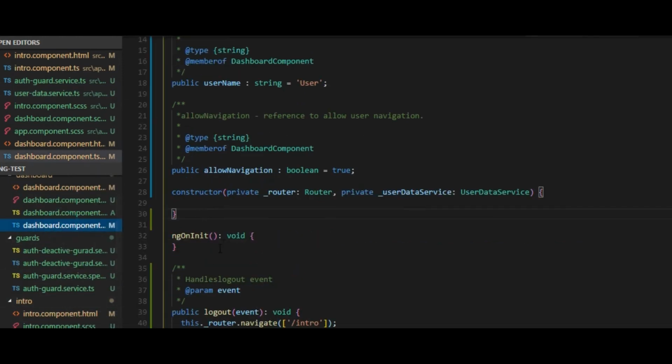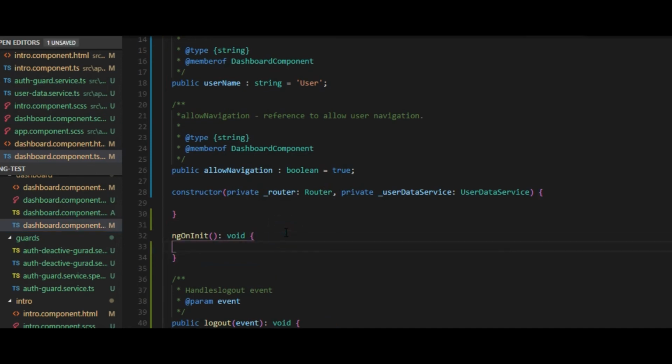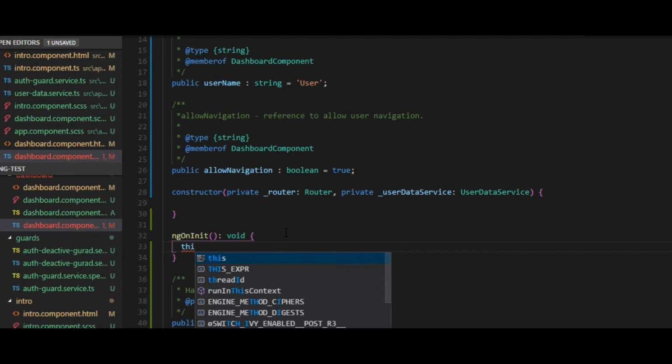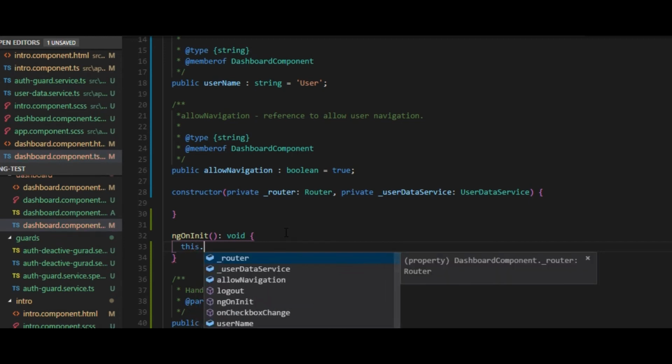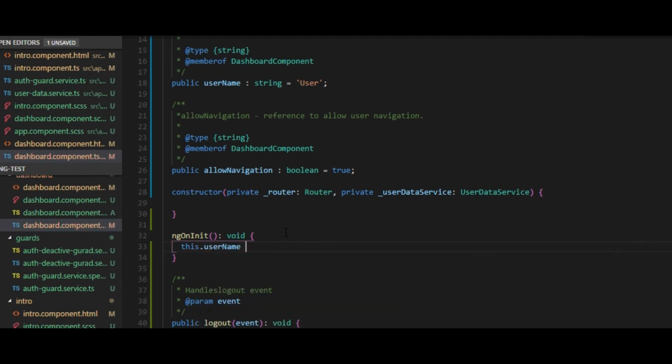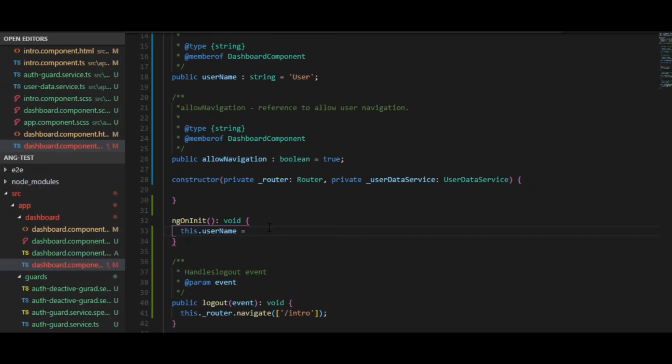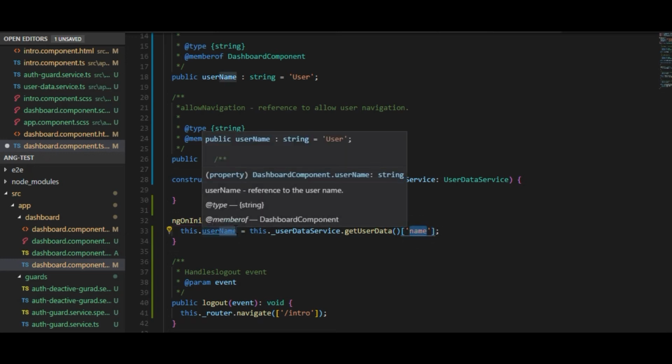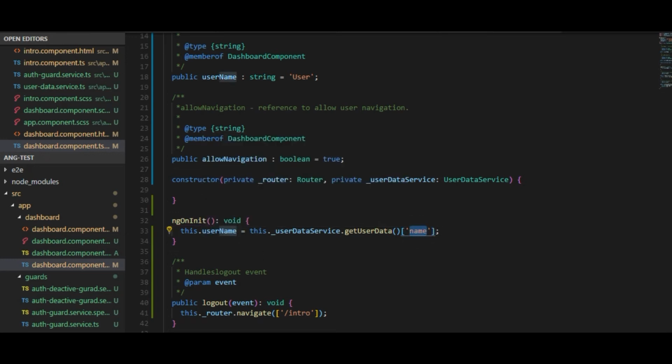We'll be coming back here on ngOnInit, which is the lifecycle hook that will be triggered second. First will be ngOnChanges. this.username will be taken from the get user data, and inside the object the attribute will be name, and we'll save it. Let's see our output.